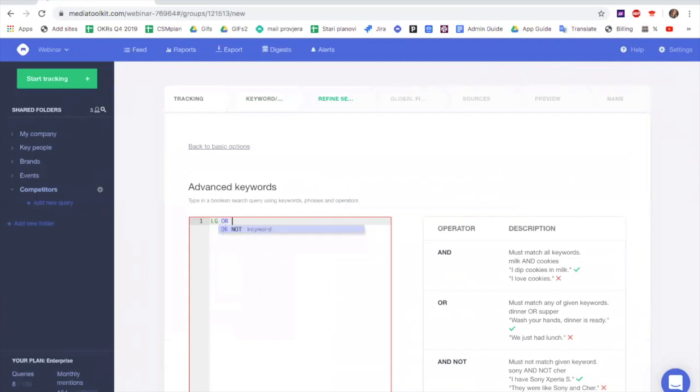Sorry, I need OR. iPhone OR Huawei. And I will put this into brackets and connect it. So I want, when either one of these competitors is being mentioned with some of the keywords that I will add in this other bracket, like